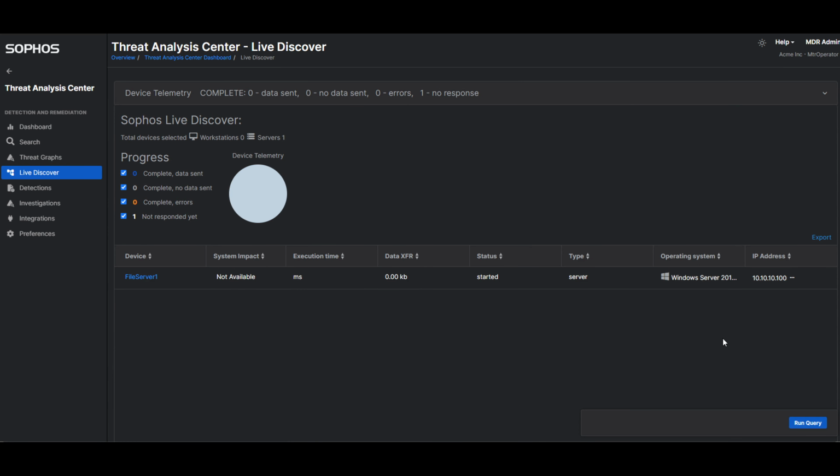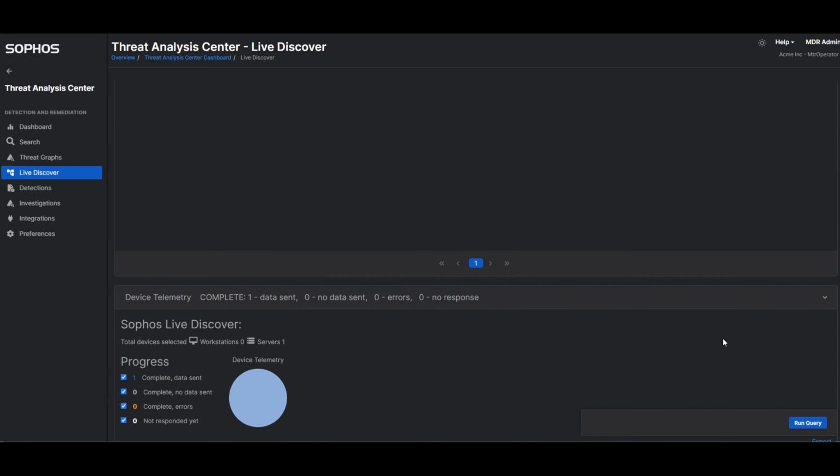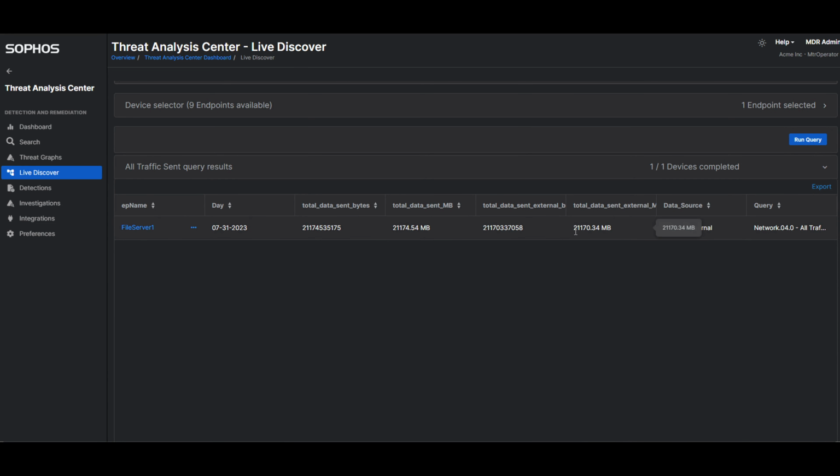And run that query. Okay, we got some data back. Scroll up here and we can see that we have about 21 gigabytes of data that was exfiltrated. That about matches up with the bytes that we saw earlier, where we were seeing approximately 5 gigabytes or more or less for 4 files. So we could say that this could be accurate here. This looks like there was data exfiltration because that matches up with that malicious rclone command that we saw and know was executed by the administrator account.